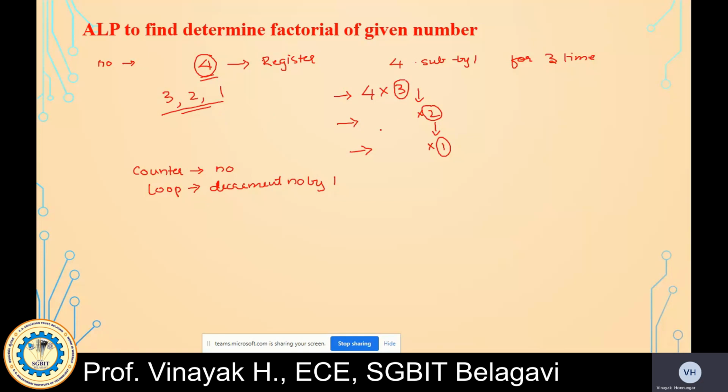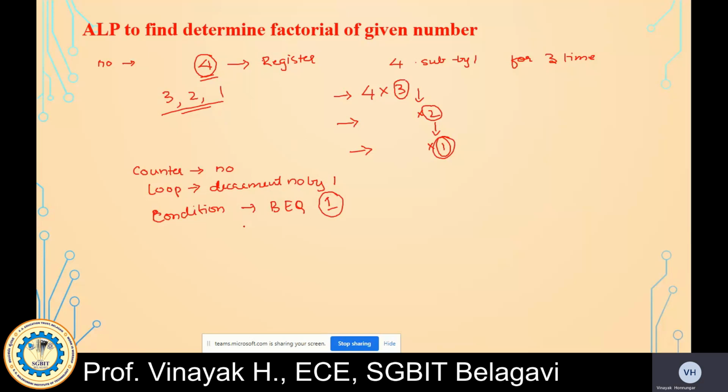This decrement has to stop at a particular time. That is, whenever the number becomes 1, it has to stop the multiplication. So you will be using a condition. Which condition? Branch on equal, with value 1. Unless and until the value becomes 1, you are continuously going to decrement and multiply it with a lower number.